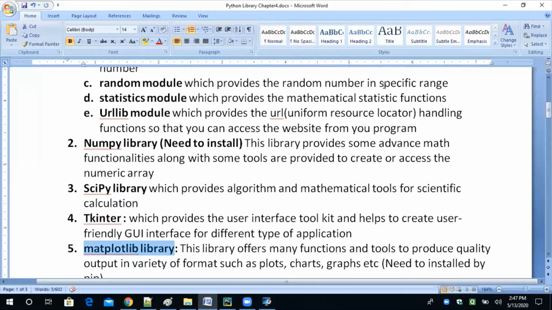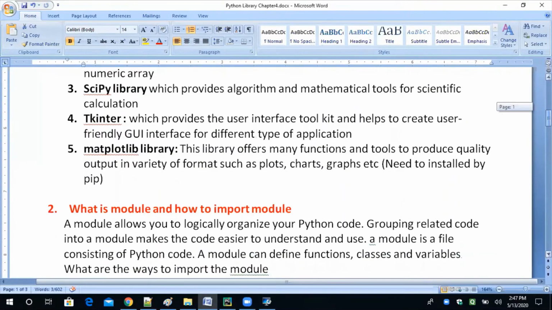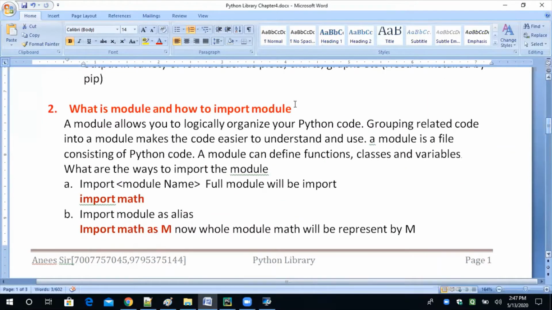Great. So this is a very important chapter, theoretical. इससे आपके क्वेश्चन जरूर पूछे जाएंगे. One second. Now, what is a module and how to import the module? Okay, you have the idea about it, but let's take a little theoretical section. A module allows you to logically organize your program code. Grouping related code into a module makes the code easier to understand and use. A module is a file consisting of Python code. Module कुछ नहीं है, एक Python की फाइल है, ओके और सपोज हमने एक मैथ मॉड्यूल बनाया,